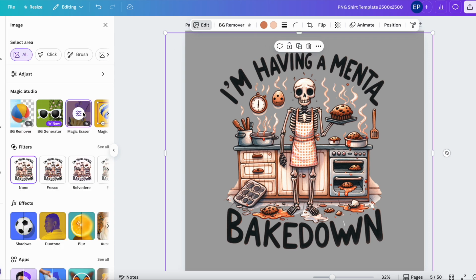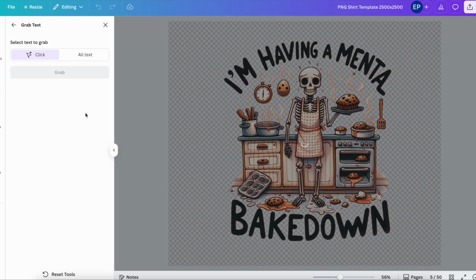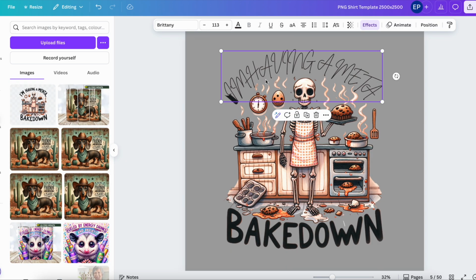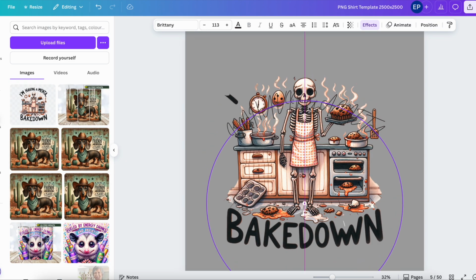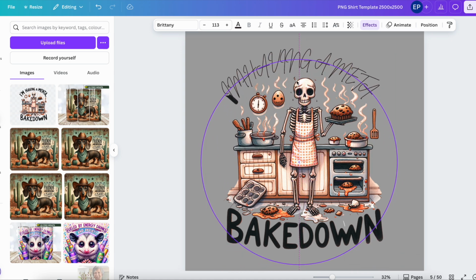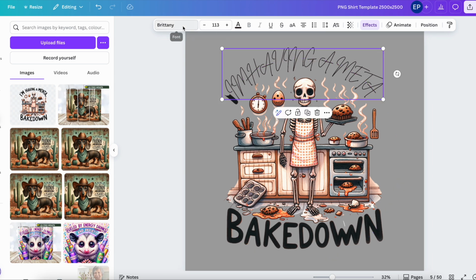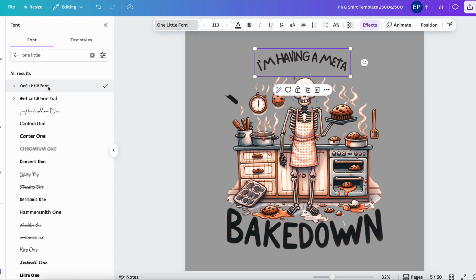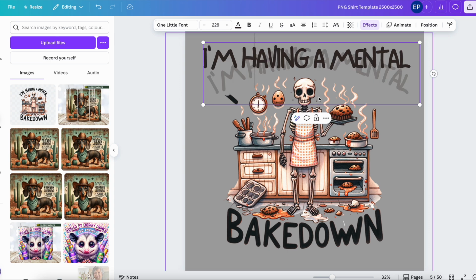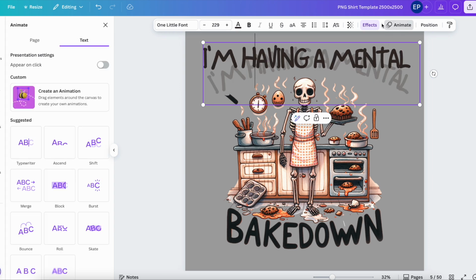We'll go to Edit, go to Grab Text, and I want to click on this top section. Grab it. I don't know why it's decided that that's the text that it's going to use, but if I move that out of the way, I'm still going to have to get rid of this here. So if I just put that back a second, and let's go to something like one little font. I don't mind that, but you can see now that it's gone wider because the letters are all the same size. Now, of course, I can make them smaller, or I can alter the curve by going to Effects